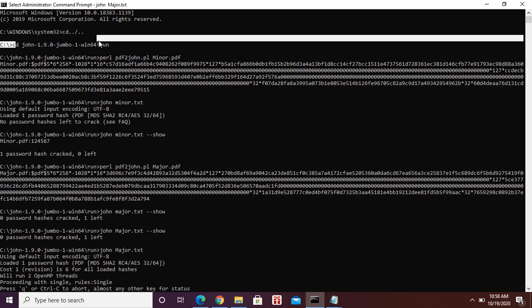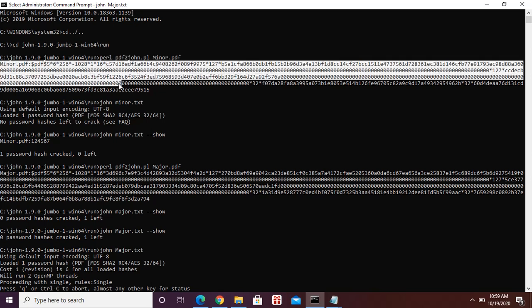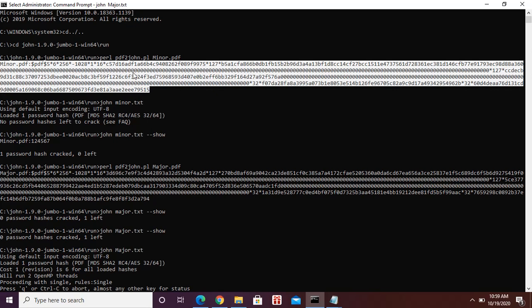You type cd ../.. and then you click enter, and this shows you this. Then you type cd john-1.9.0-jumbo-1-win64/run. You click enter, and it shows you this. After you click enter, you must type perl pdf2john.pl minor.pdf. After that you click enter, and it shows you the hash number for this minor